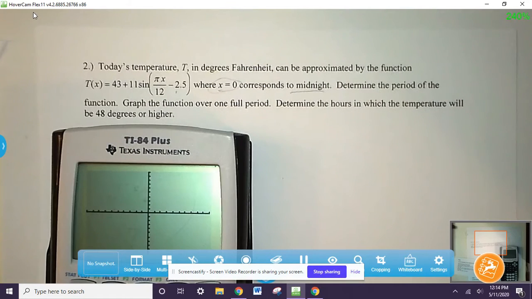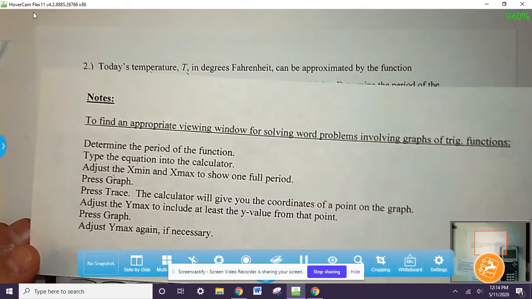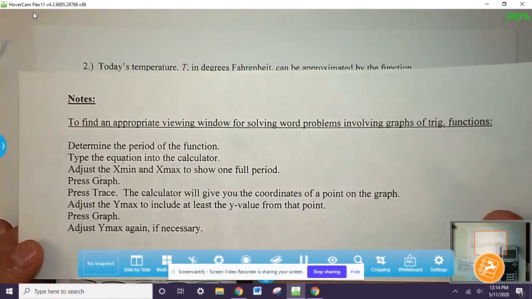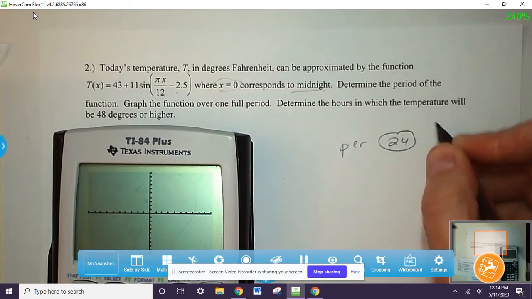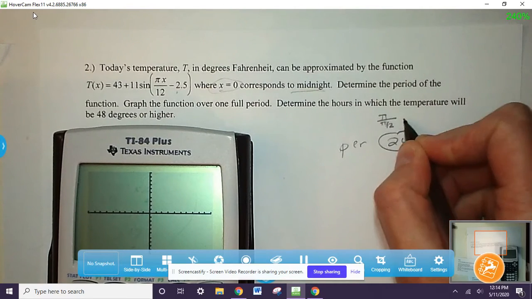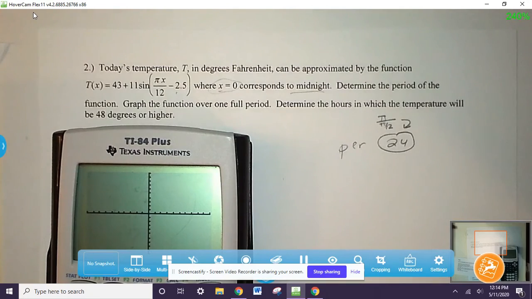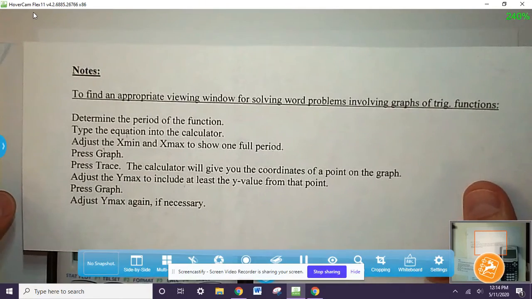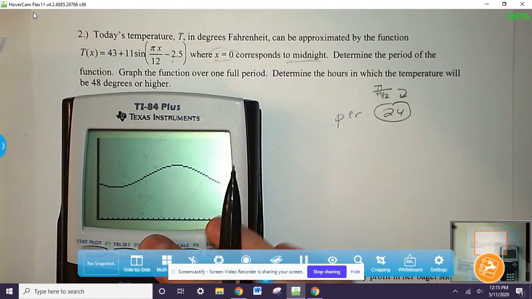So using the steps from earlier, go ahead and find the period of the function. The period of the function should end up being 24 because when you do pi divided by pi over 12, you're going to end up with 24, which should make sense because 24 is how many hours in a day. And then go ahead and follow these steps and try to get a good viewing window. From Zoom Standard,